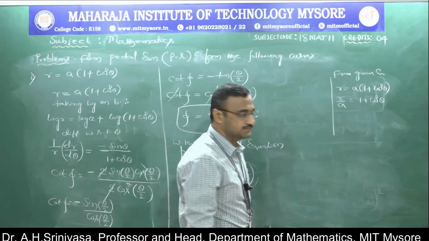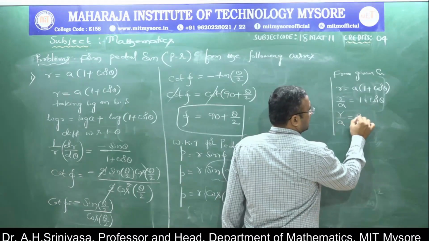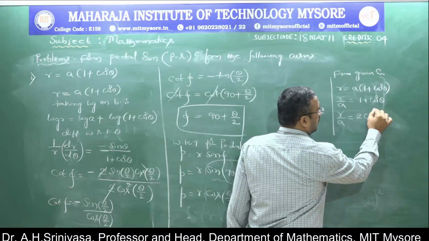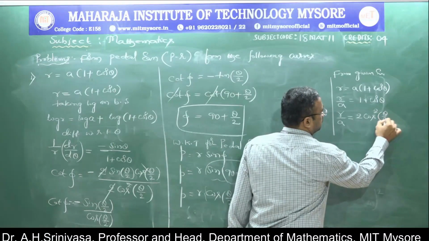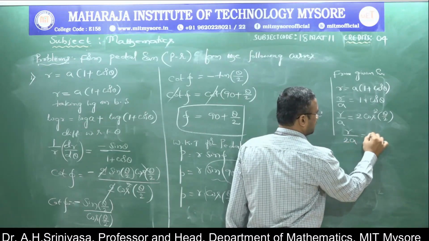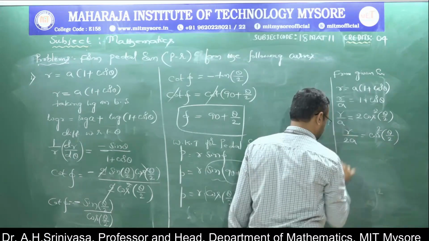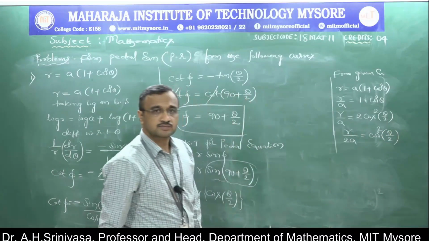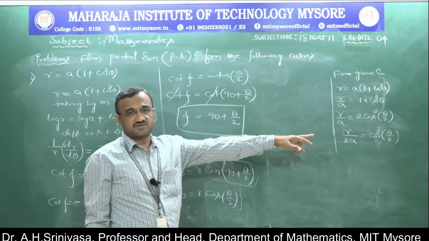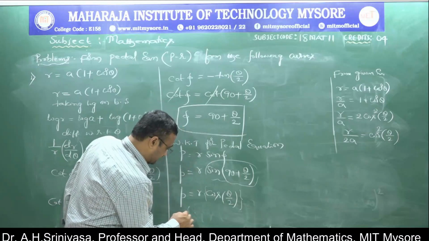Is it clear? r by a should be equal to 1 plus cos theta. We can write down 2 cos square theta by 2, or simply r by 2a is cos square theta by 2. So we know the value of cos square theta by 2, but we have the value of cos theta by 2. If we square both sides of this,